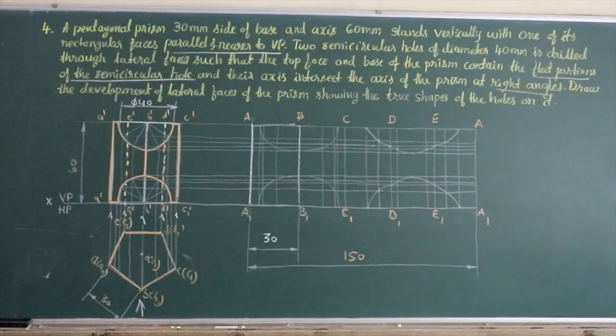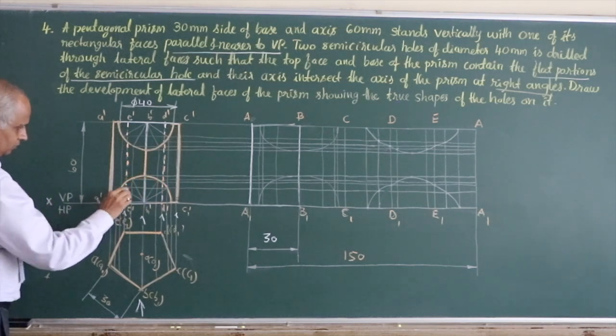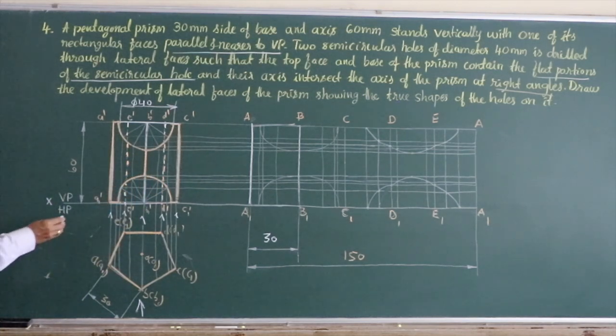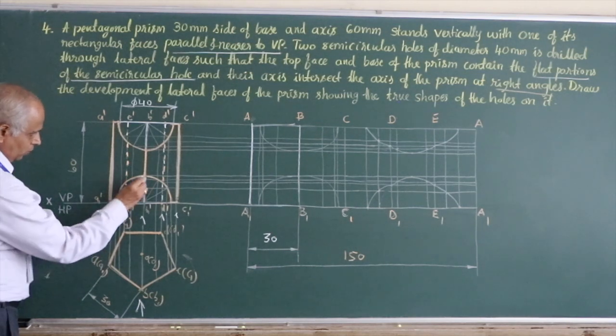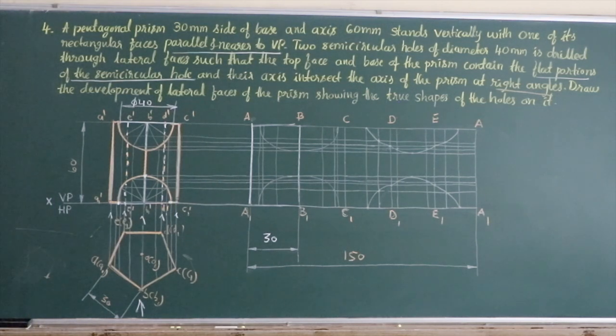Next, let us try to locate the section points. Naming all the section points could be cumbersome. Let us try to locate the section points on one semicircular hole in the front side. Let us consider the semicircular hole on the front side, but it cuts here. No doubt it cuts the vertical edge here and here. But locating these 3 points is not sufficient.